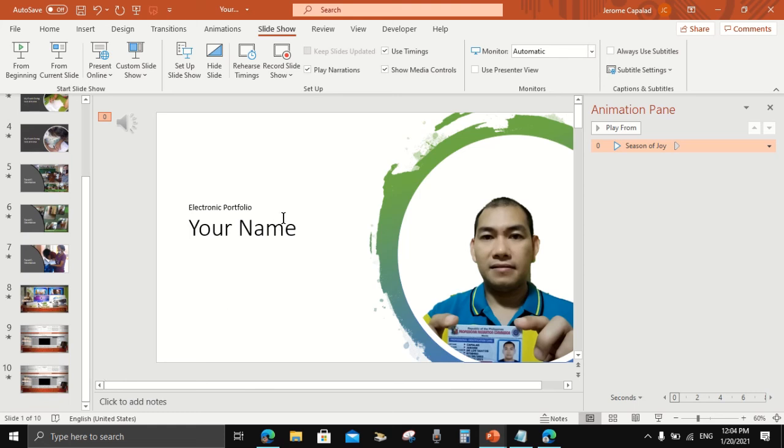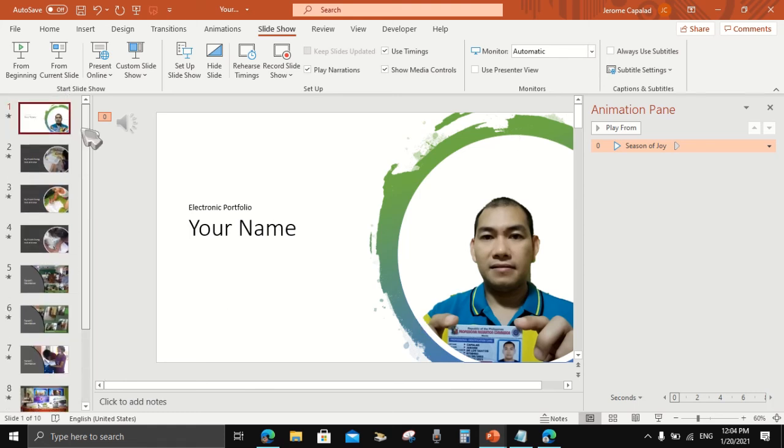Okay. So after that, we are now ready to rehearse. The rehearse timings is very important since this is the one that will be used by the application in saving your video. So you have to make sure that the use timings button is checked